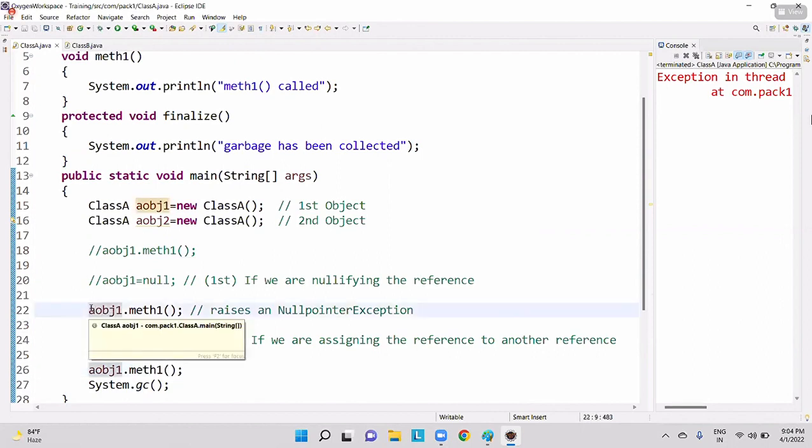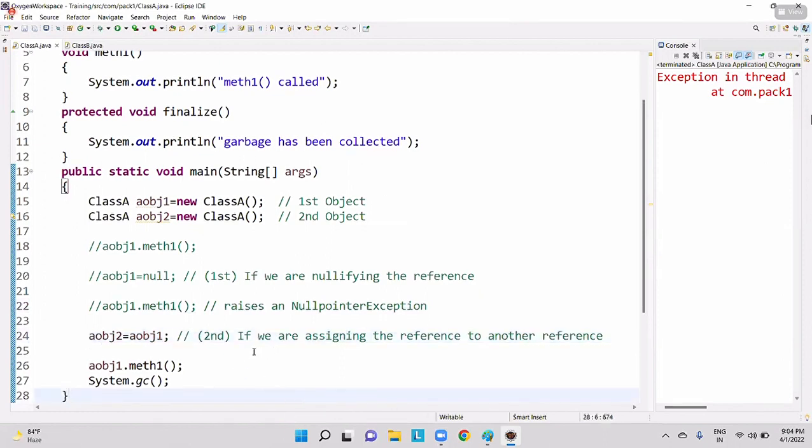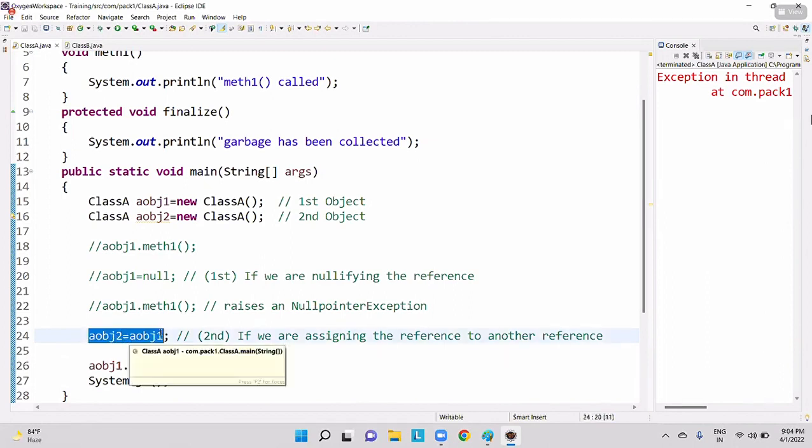Okay, hang on. I'll do one thing. Wait. Now tell me. Am I going to get my output here? Guys, please observe. Line number 24 is not in comment.